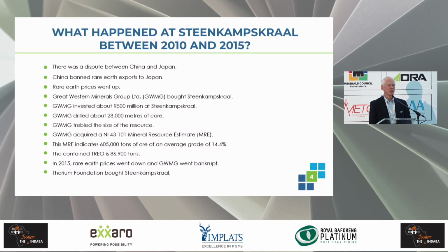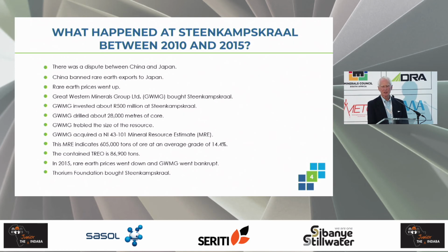They spent nearly 100 million drilling 28,000 meters of core. And the cores are all in a core shed at the mine, beautifully labeled. They trebled the size of the resource and acquired an NI 43-101 mineral resource estimate and also a mineral reserve estimate. And we have at Steenkamp, as you can see there, based on this NI 43-101 resource estimate,